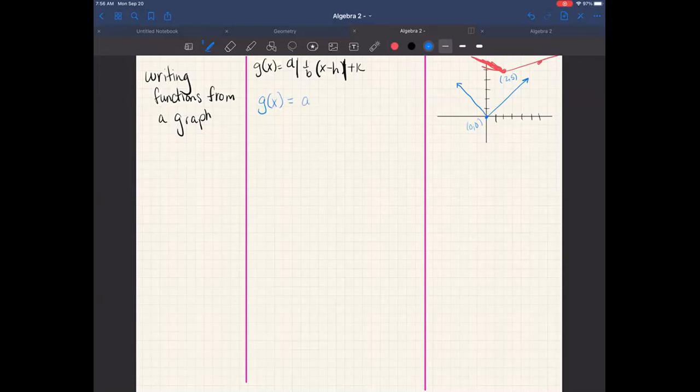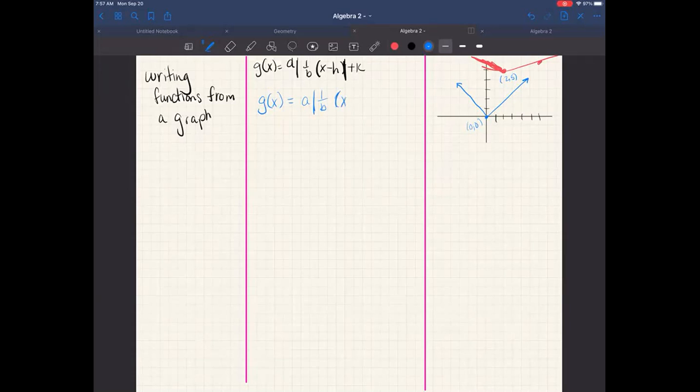now I don't know any of these, a, 1 over b. Now we can kind of tell because the graph is wider, right? It should look wider. Again, on my graph it doesn't look the best, but it should be wider than the original parent function. So we're going to leave the a and the 1 over b for now and just replace